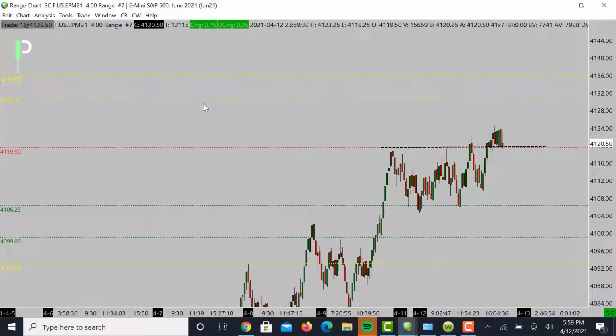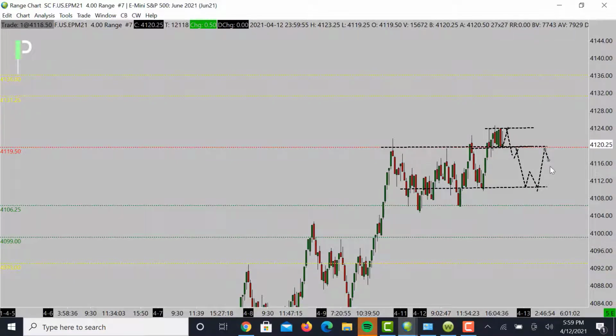But there's also another move that could potentially happen. We could actually start to break down on this level. If we can't get past these 24s, you could see the market try to break down here and then move its way back into the middle of the range. This middle of the range is going to be the magnet for these sellers to come into if we get back below these 4119.50s. If we do get to that little middle of the range, again, we could see this rotational movement happen